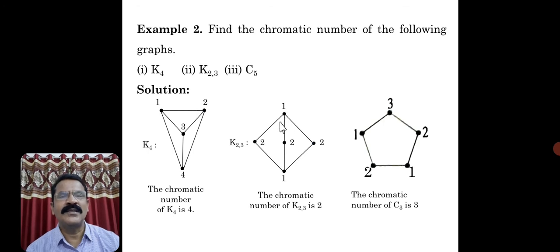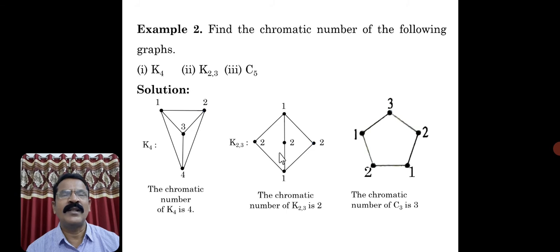Now we have assigned the color 1 to this vertex. This vertex is adjacent with all 3 vertices of the other set, so you cannot use the color 1. You can use the color 2 for these 3 vertices. For this other vertex, you can use the color 1 because it is not adjacent with the vertex at the top. This is how we have reduced the number of colors. Ultimately, this complete bipartite graph K2,3 is 2-colorable, or you can use 2 colors.